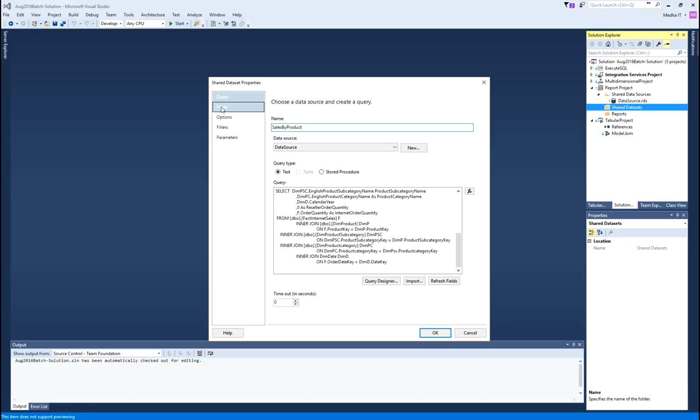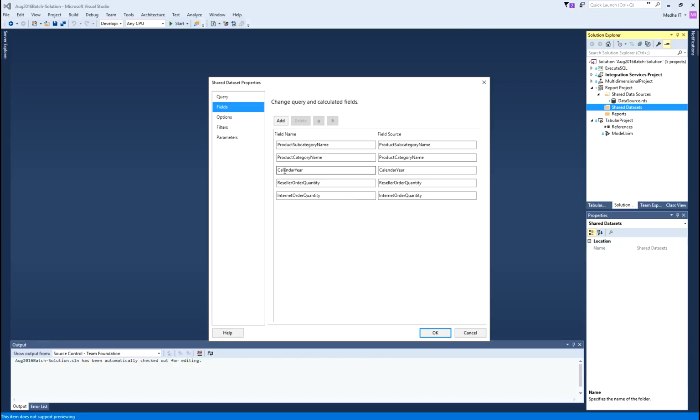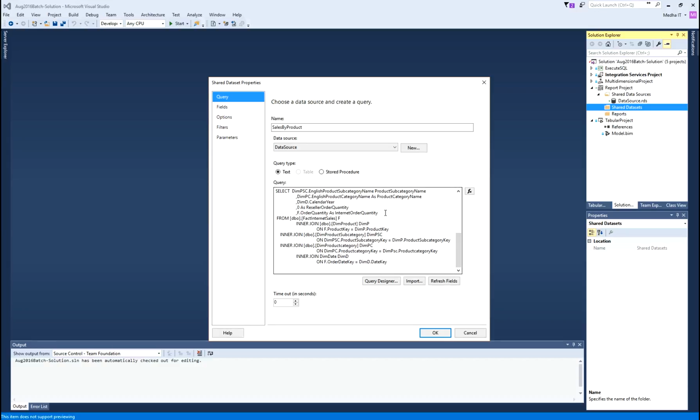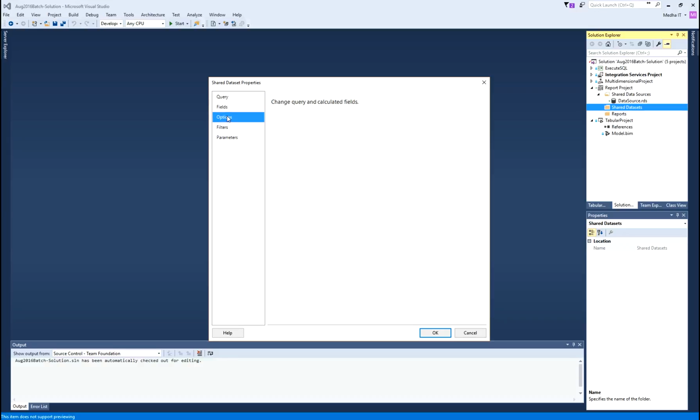If you look at the other properties available for a data set, we see something called fields. What are the fields? These are the fields coming out of the data set. The columns that we are returning from the data set are the fields, and then there are options where we specify collation, case sensitivity, all these SQL Server related options.